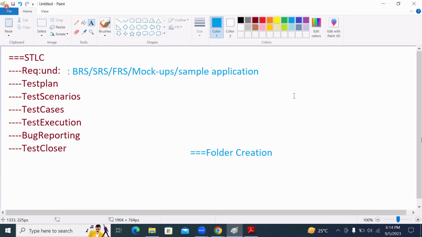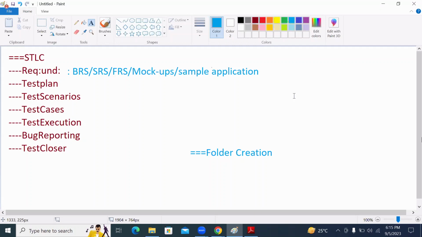See the understanding. As part of a tester, you have to test the application. To test that application, you are not testing it on your own. It's mandatory